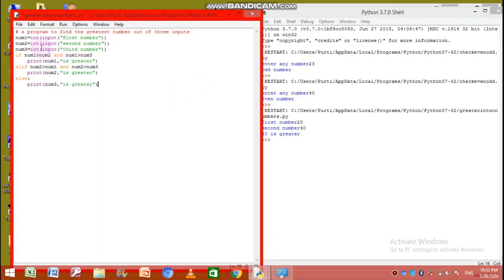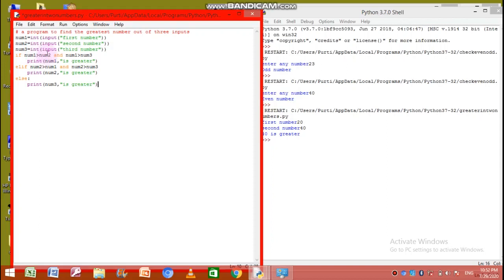So how this program will work? 3 numbers, first of all 3 numbers will be taken as input. Now the first number will be checked by the second number. If it is greater, it will return a true or false, and again the first number is checked by the third number. It will also return a true or false, because at both the places there is a relational operator kept. So the work of relational operator is to provide the output as true or false.